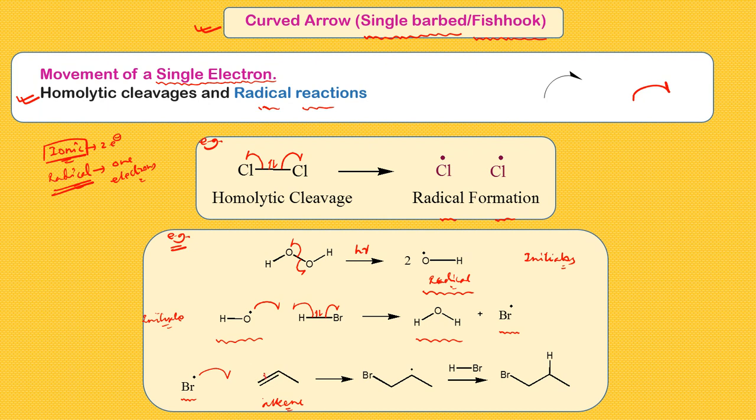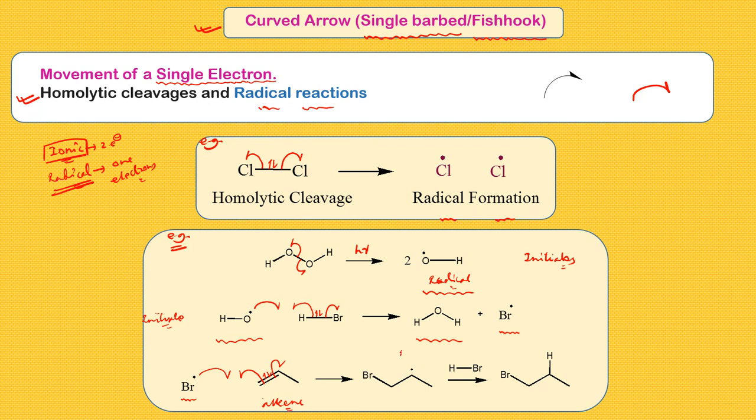So again, the pair of electrons which forms the double bond will share one electron. This terminal carbon will share one electron, and this internal carbon will carry one electron. So there is a formation of a new carbon-bromine bond over here,